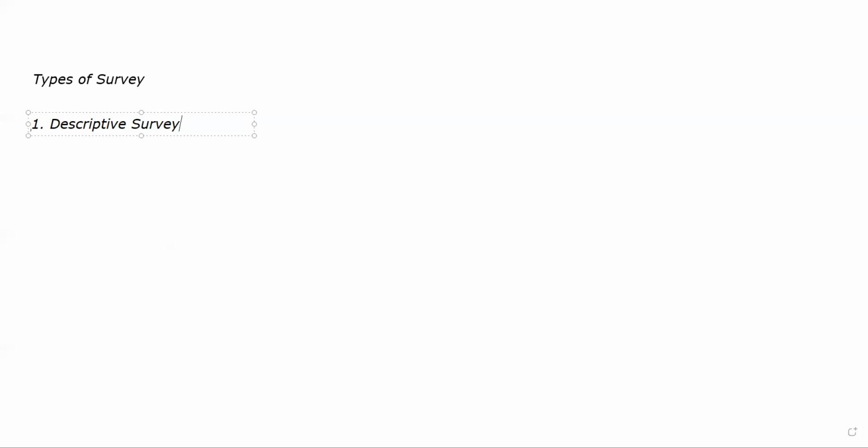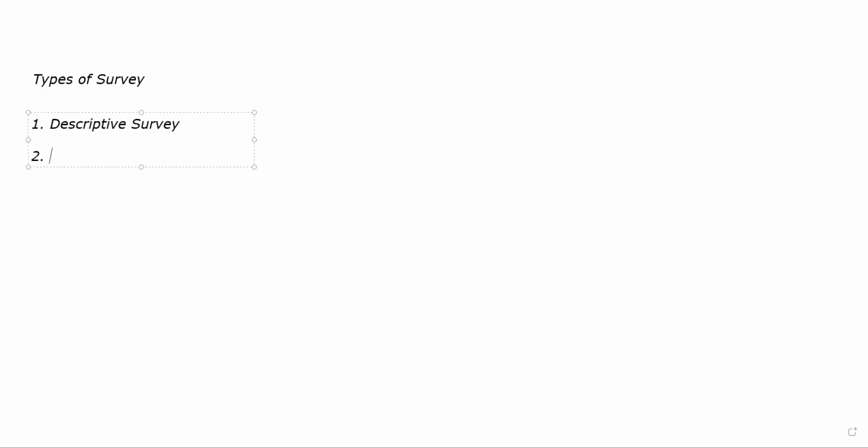Let's suppose you are describing, how should I put it, the increase in the mosquito population during monsoon. You are describing a phenomena which is already occurring naturally. Okay, there will be mosquitoes during monsoon and there will be a surge in the number of mosquitoes during monsoon. अब खाली एक प्रोसेस जो नेचुरली अकर कर रहा है उसको आप डिस्क्राइब करने की कोशिश कर रहे हैं. You are asking different people and suppose you go to different regions of a particular city and you are asking them, have you seen a surge in the number of mosquitoes that are present near your home or in your area, and has monsoon season affected it? That is one type of descriptive survey.